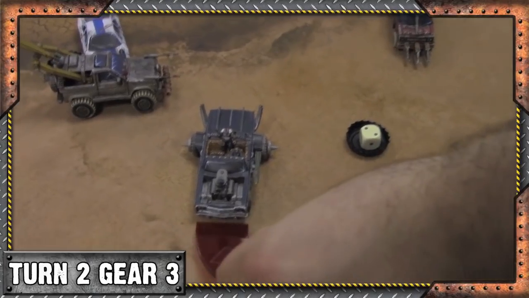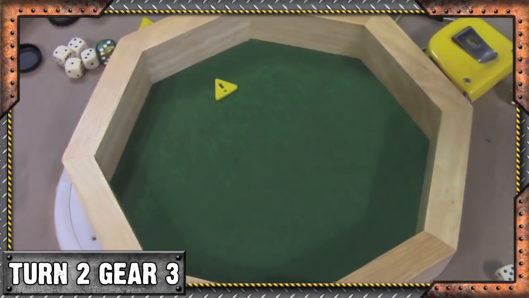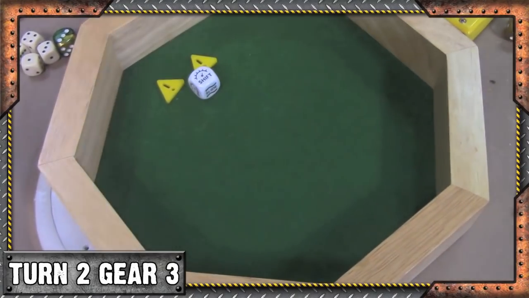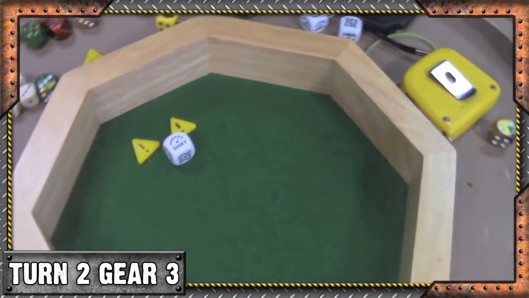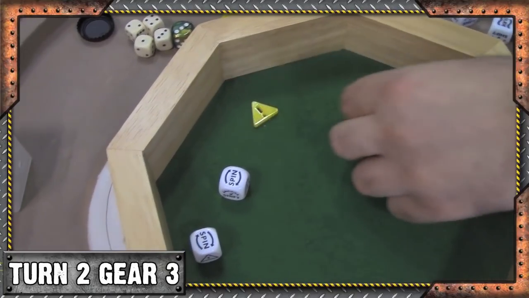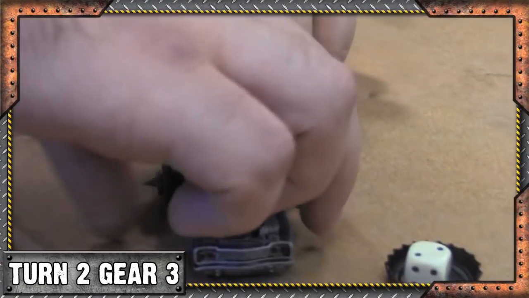The Leather Rebel will activate next and will do a hairpin maneuver to shoot at the A-Team van. So a hazard to begin the roll. That's not great, is it? No, it's not so great. I'm gonna re-roll those 2. Currently 3, aren't we? Oh, actually, spin's good. Oh wow, those hazards. That's 4 hazards. I'm gonna get rid of 1 hazard and take 3. The Rebel spins around using the hairpin maneuver,